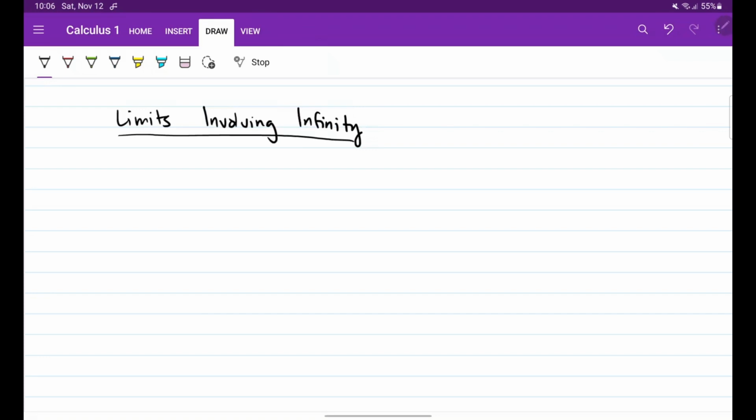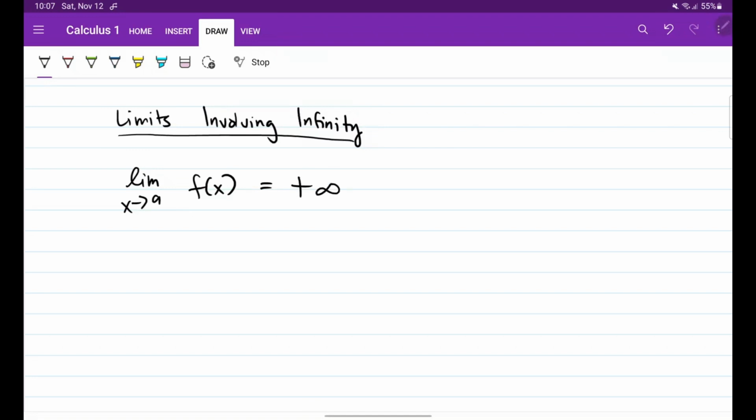So, kapag nag-evaluate tayo ng limits, palagi natin sinasabi, limit as x approaches a of f of x is equal to L. Diba? Paano kung as x approaches a, yung value ng function just increases and increases? Lumalaki lang siya ng lumalaki at hindi tumitigil yung paglaki niya. So, what do we say about that? And how do we define that? No? So, we define that as the limit as x approaches a of f of x to be equal to